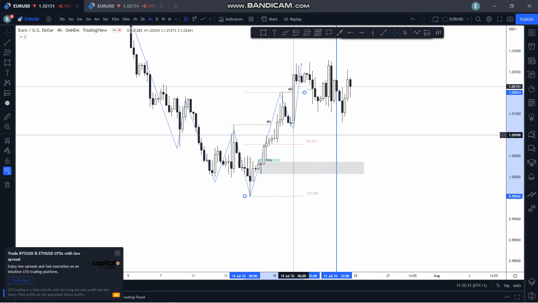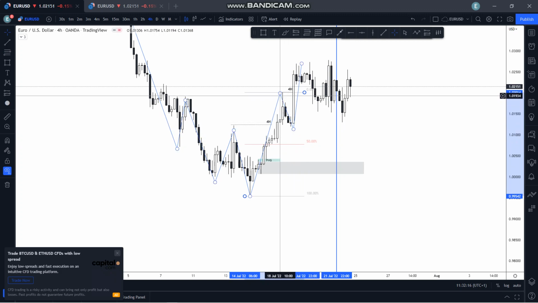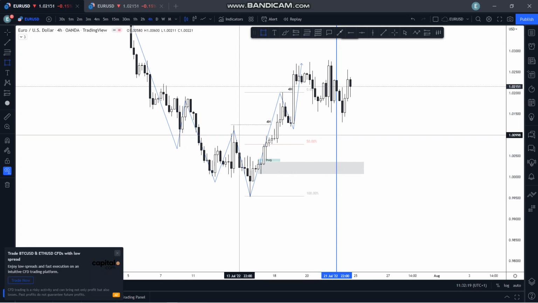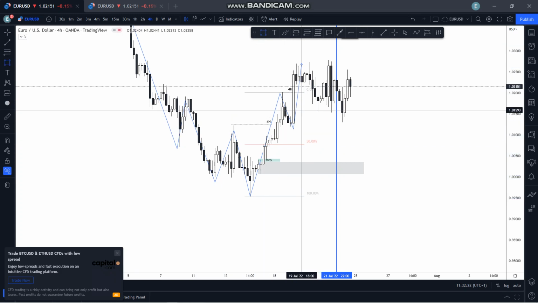But in this case, there was no 50% retracement, so it's a relatively failed retracement. All right, so you might be wondering then, why do you have this as a new break of structure? Why don't you have it as a single leg? The reason why I didn't have it as a single leg was because we could see that this push as